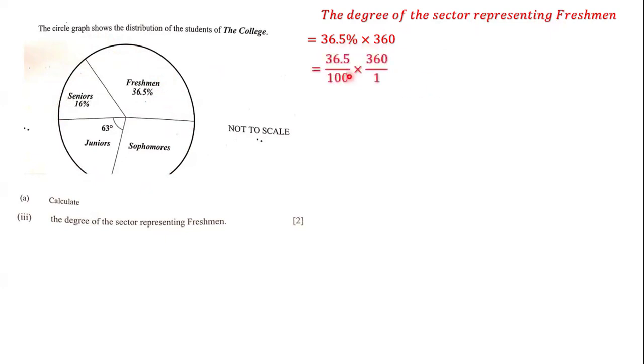We express 36.5% as a fraction, and that gives us 36.5 over 100. We multiply by 360 over 1, and we multiply 36.5 by 360. When we multiply the two, we get 13,140. And we have 100 multiplied by 1, which is 100. We have 13,140 divided by 100, and that gives us